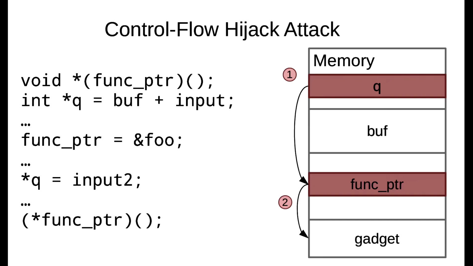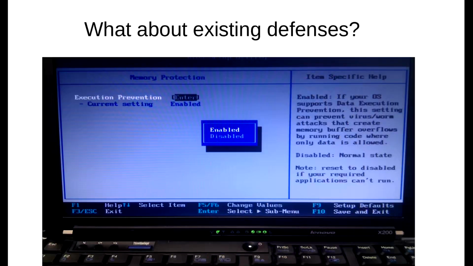that the attacker can then exploit as soon as the pointer is dereferenced. And as soon as that happens, all the bets are off. The attacker runs code and can get control over your system. But you might say, we've got all these fancy defense mechanisms out there. What about these existing defenses? So yeah, that's actually true.